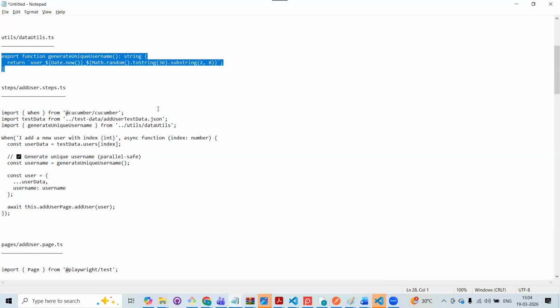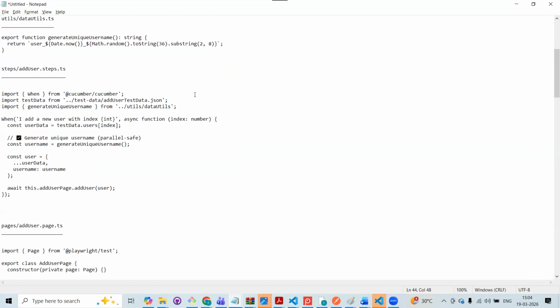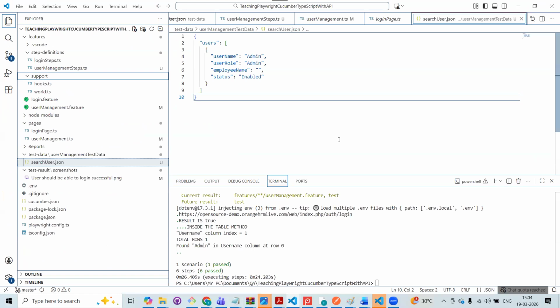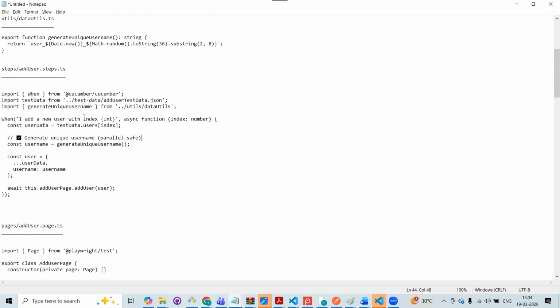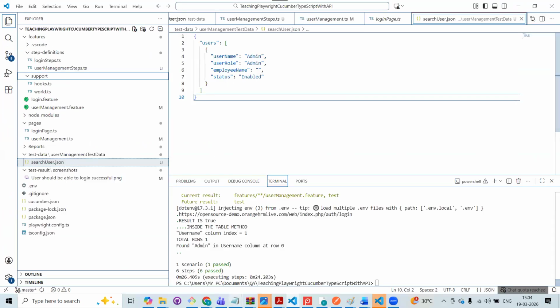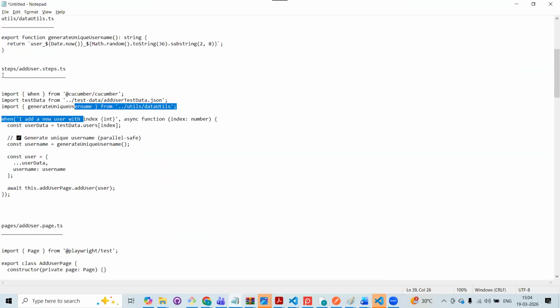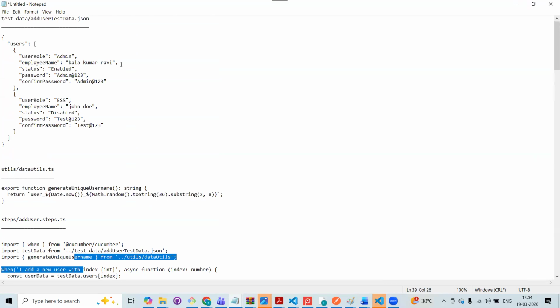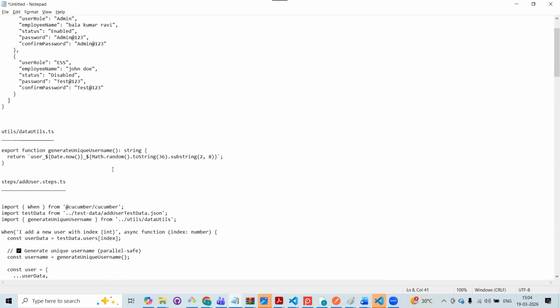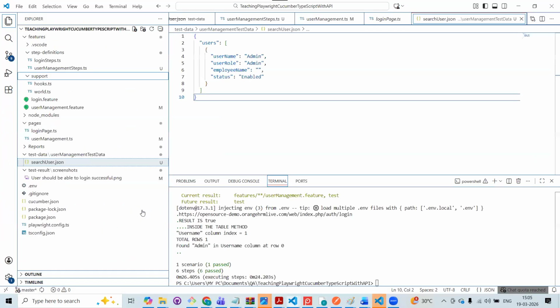Okay, simple. And you have to combine this with the username that you would have hard coded in your test data. Okay, in test data, maybe you can do this. Admin 1, 2, 3, 4, 5, 6. That you have to combine it with this. In that case, you can have username also here, no problem. Just have it as admin. Anyway, you have to concatenate it with this result, which means you have to import this utils.ts.